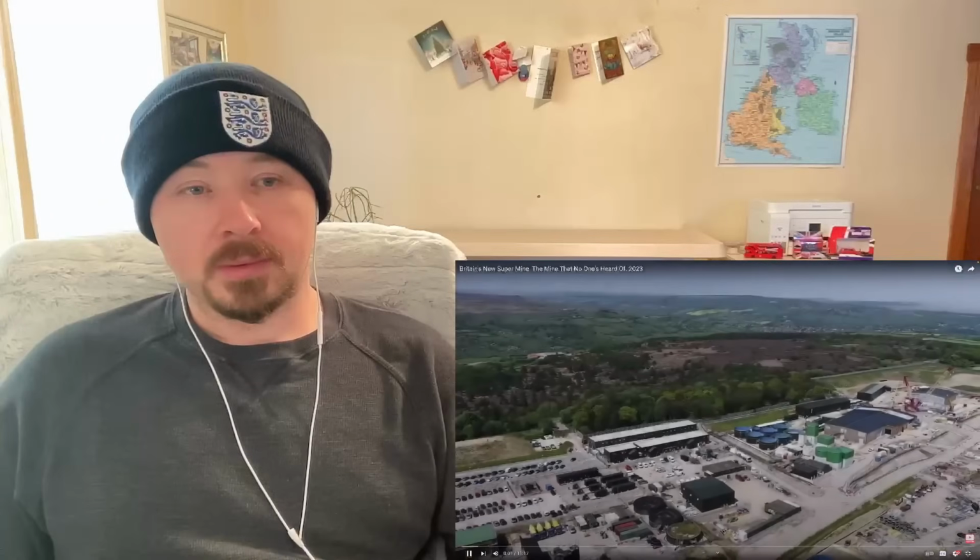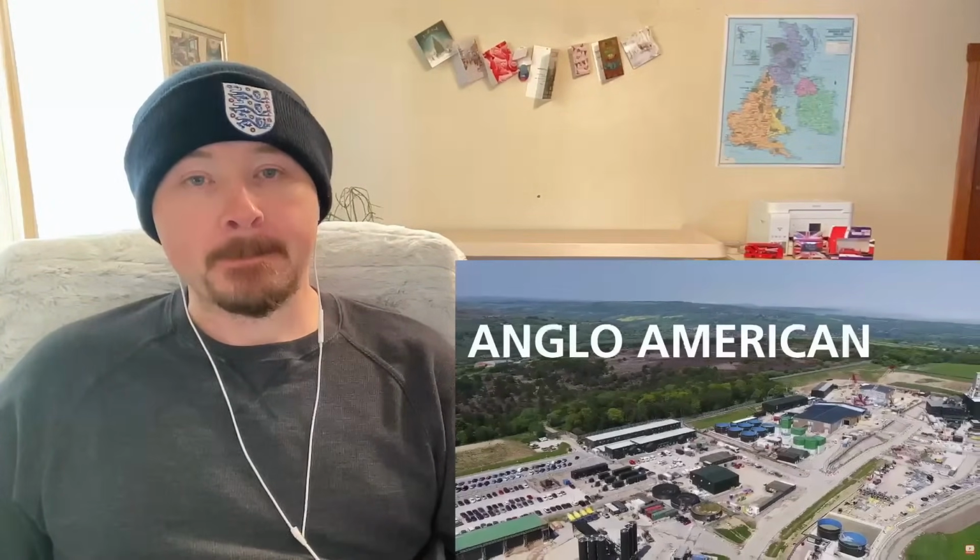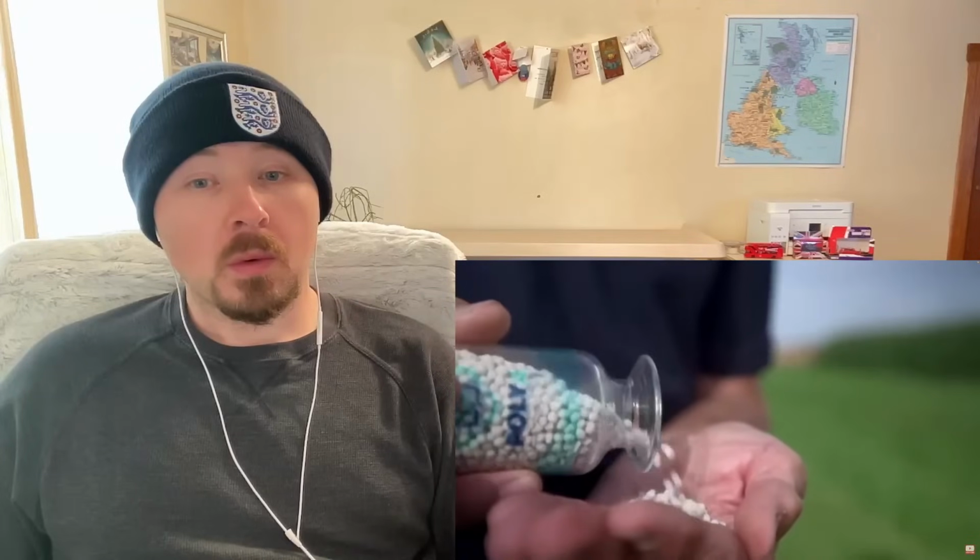Woodsmith Polyhalite mine. Britain's first large-scale mine in decades. By Anglo American. This high-tech supermine, once completed, will be the largest and highest-grade polyhalite mine in the world. That's because a polyhalite seam with such high purity and in a location that allows processing and shipping to be viable has...